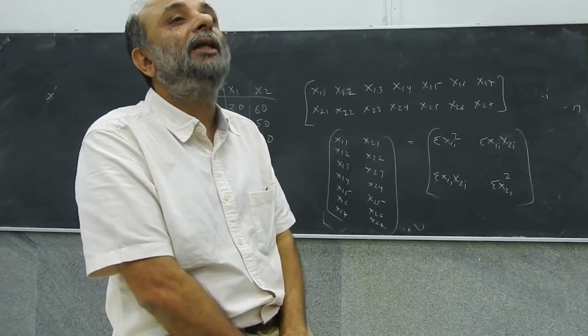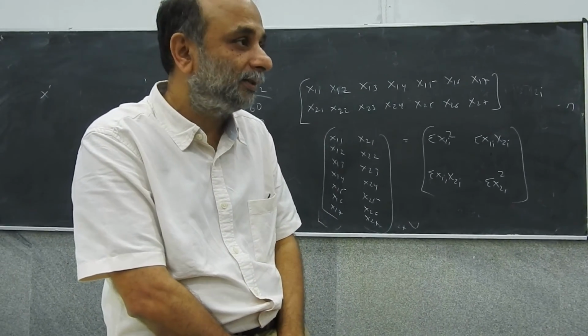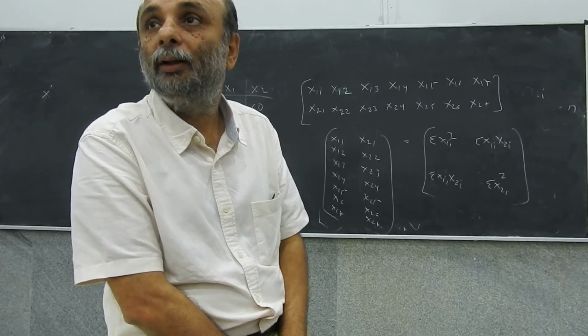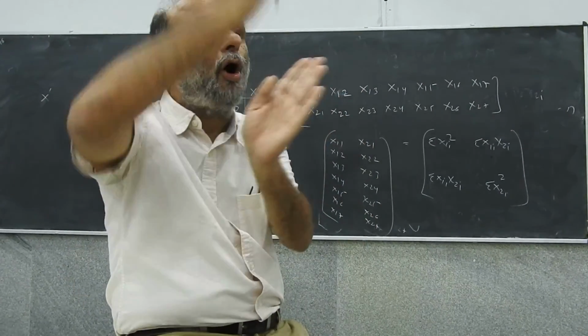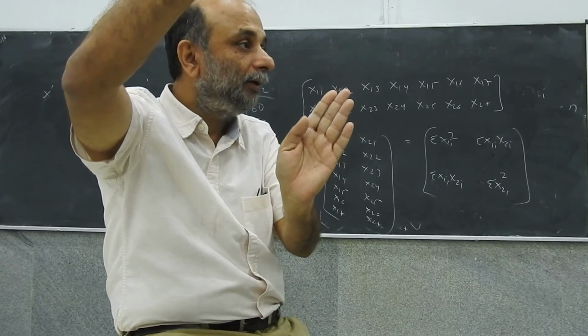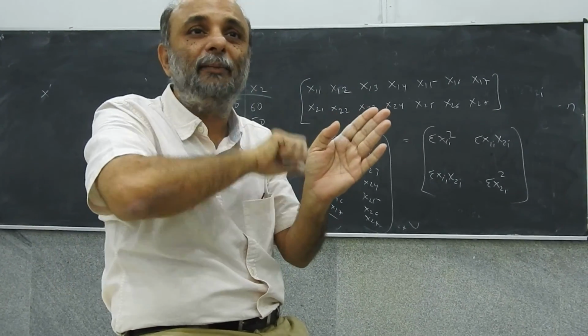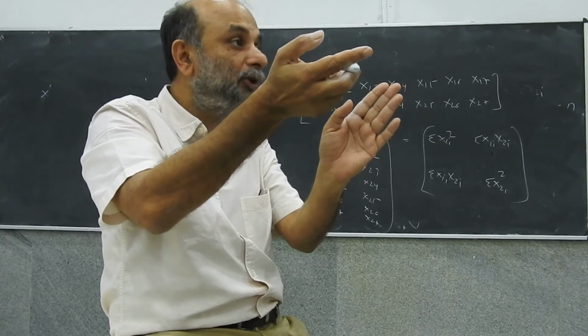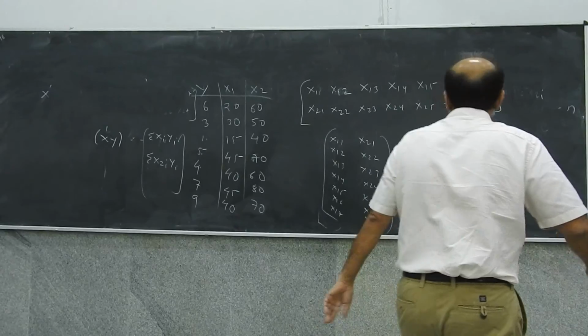Second important thing about x dash x is it's a symmetric matrix. Do you know when a matrix is called symmetric? When the elements across the diagonal are the same. So first row, third column is the same as the third row, first column. First row, second column is the same as the second row, first column. Right? For example, if you have a 3 cross